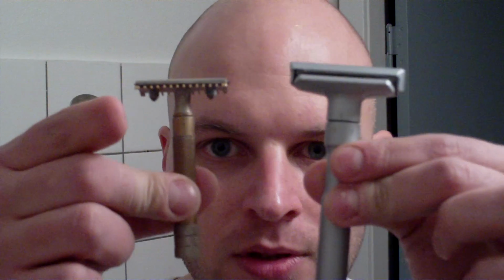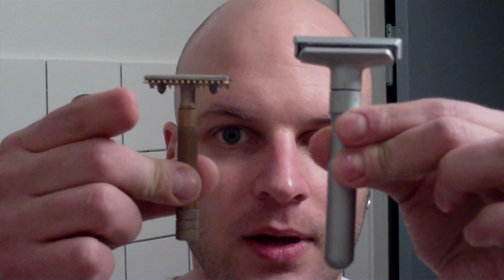Also, there's a big difference in these 2 razors. You can see it just by the size of them, and of course this razor is much heavier than this razor. So what's the difference, and what does that mean for your shave? Well, the heavy razor,